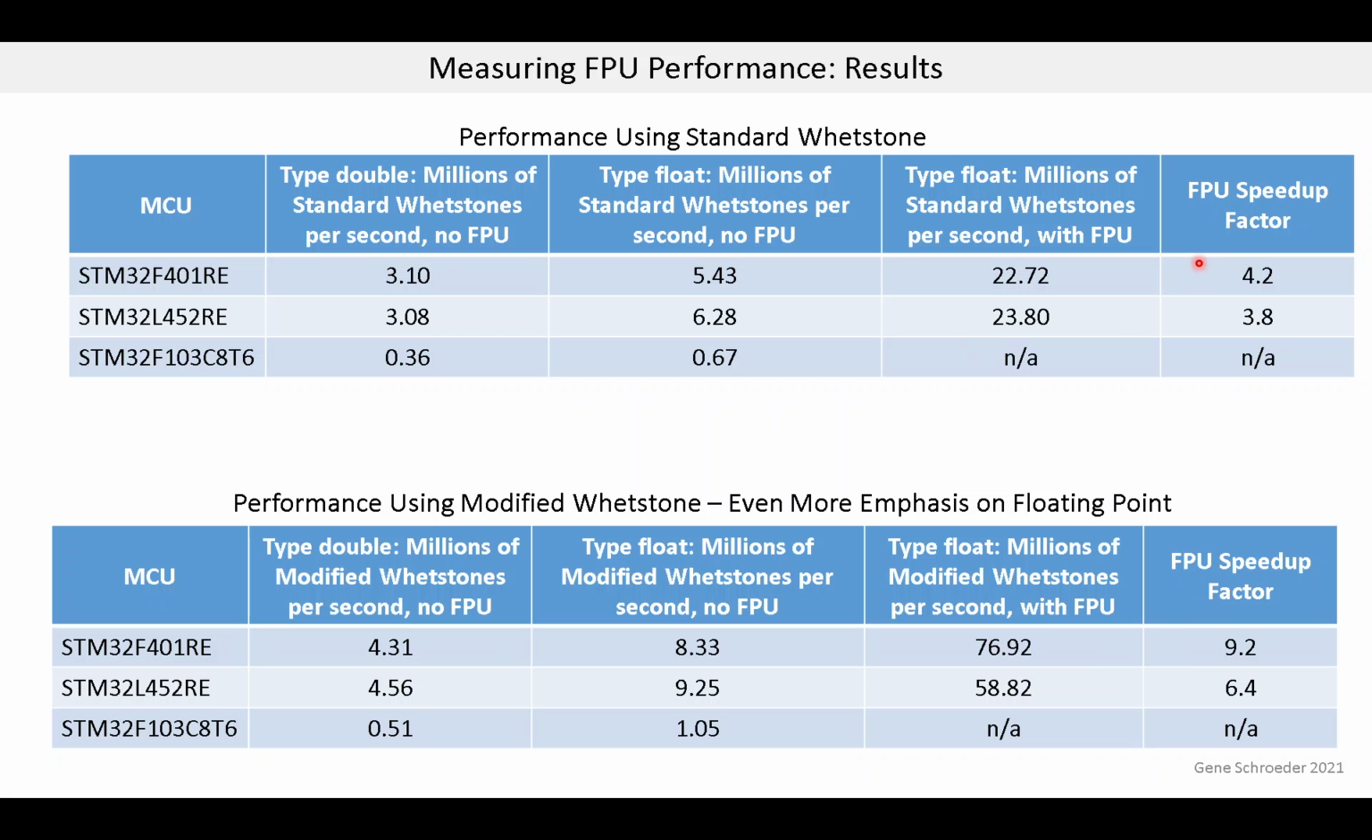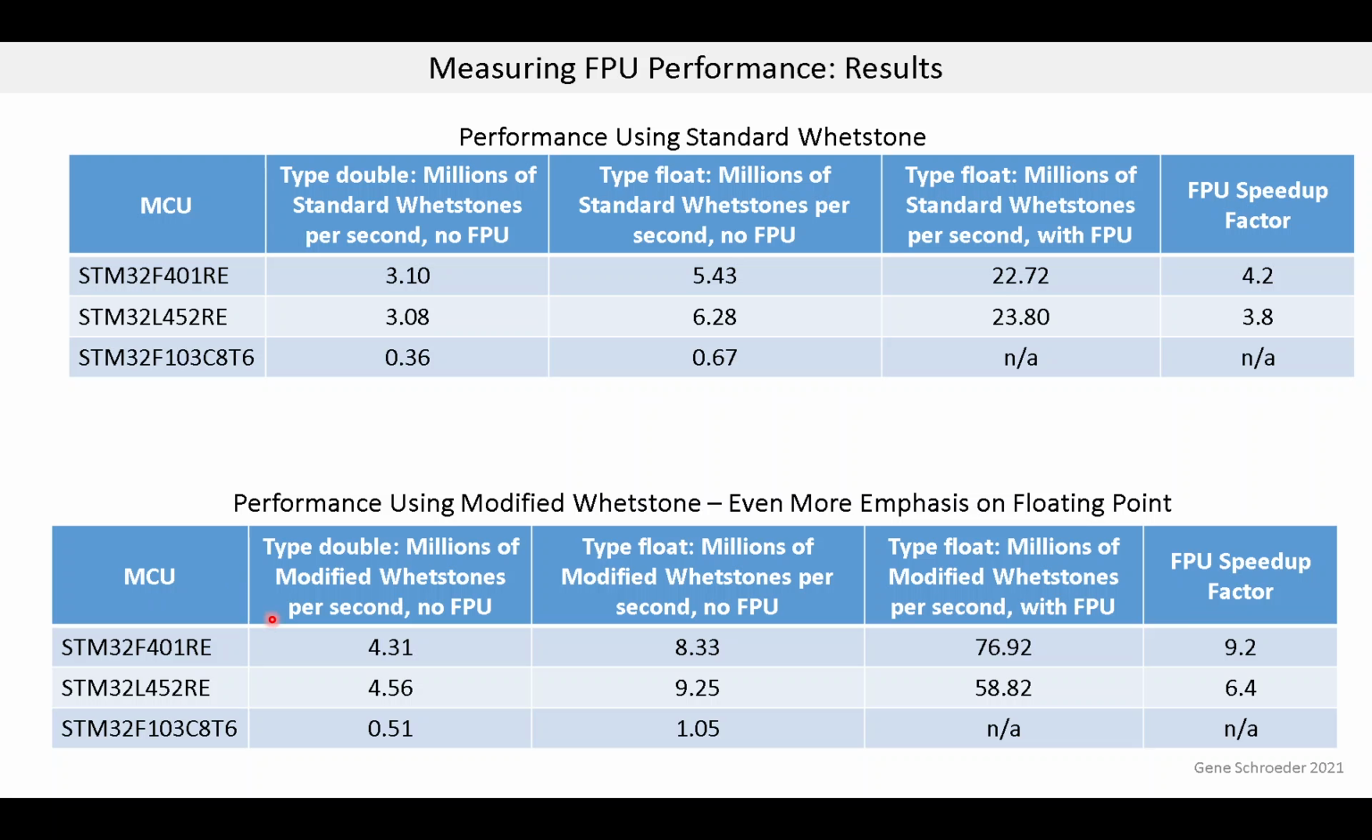And then here is what I call an FPU speedup factor, which is just this number divided by this number. And you can see it's around 4 times faster with the FPU turned on. So that's a significant speedup. Now if we go to the test with the modified Whetstone,